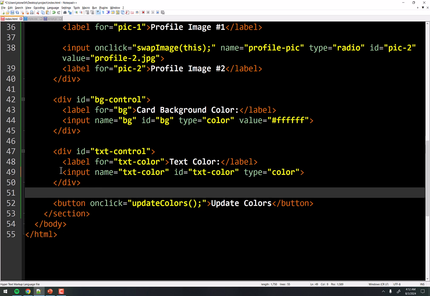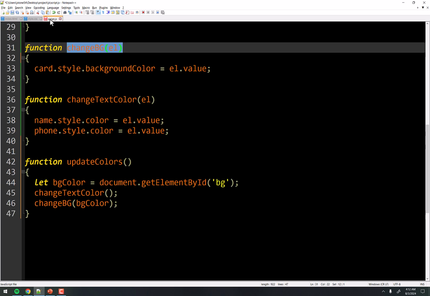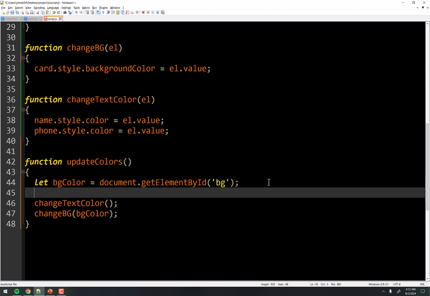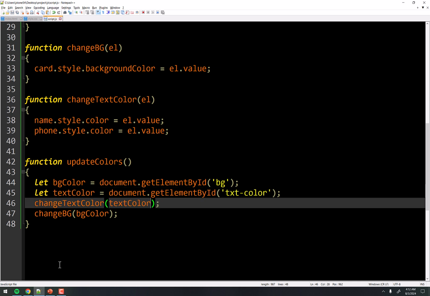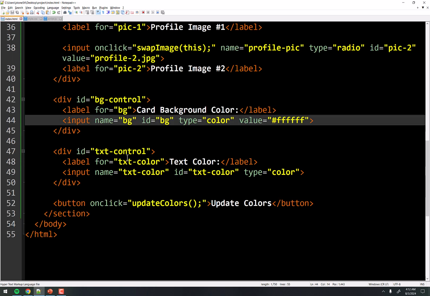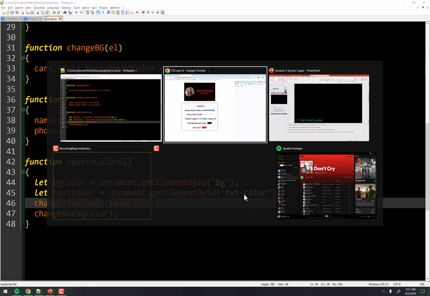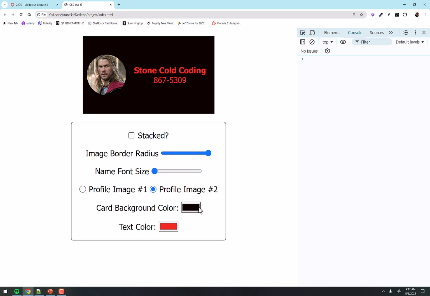And again, we're just going to do document getElementById, and it's going to be text color right there. So we come here and we're going to do let, and it's that. And now I can pass this in as a parameter right there. So now what's going to happen, it's going to be a slightly different effect. Beforehand, the second I clicked on the input, it would pass that value right here, and it would change it only if the color that we clicked on. So in other words, it would change it to whatever color is sitting right there.